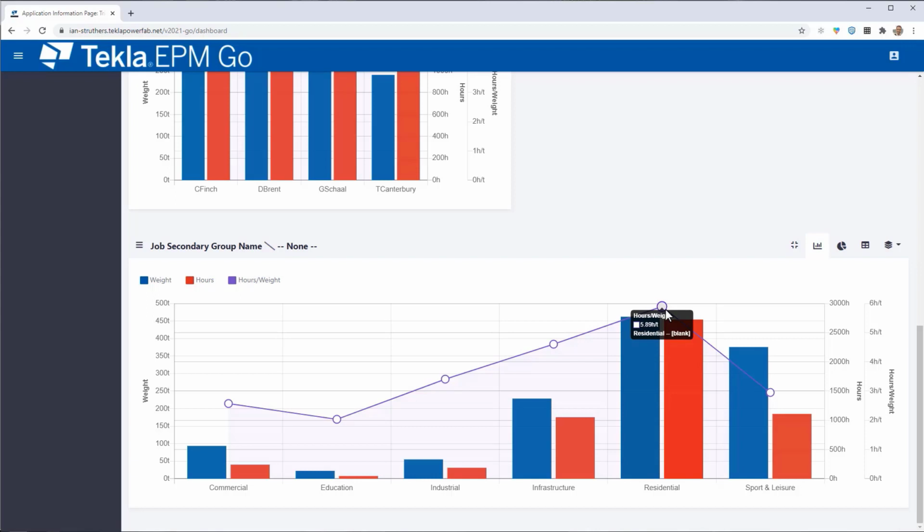It might change how I set my workshop up. I might change my practices to be more efficient for certain types of work. But again, it's giving that information to make those informed decisions.